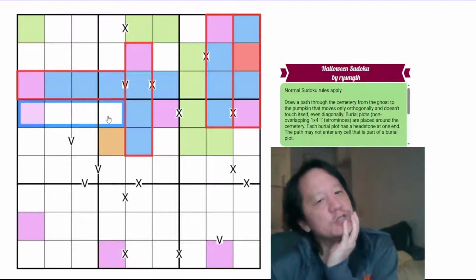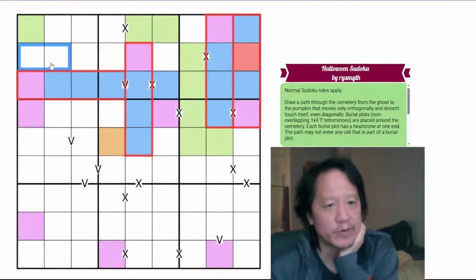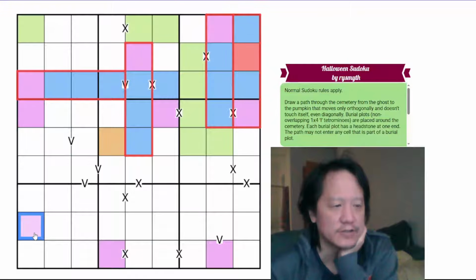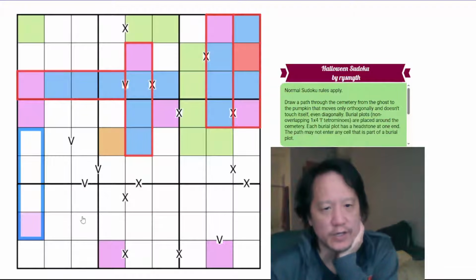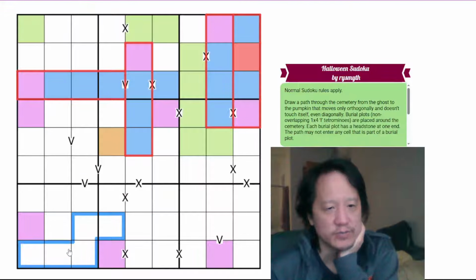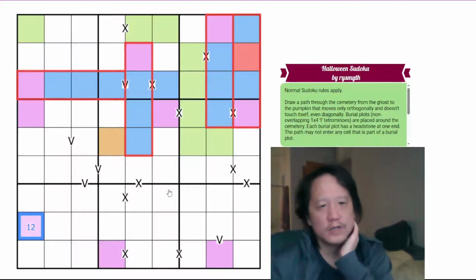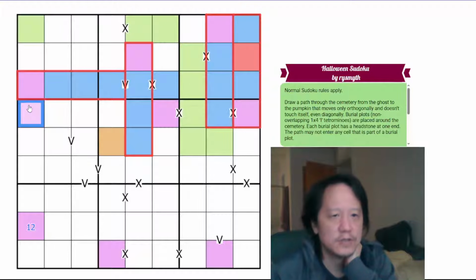If we have this going this way, this is 2 at most. This is 2 at most. So that would take care of 1 and 2. This would have to have at least 3. But the thing is, no matter which way it goes, so say it goes this way, you cannot have the path go like this because it would be considered touching itself. So this would be at most touching 2. And if it goes this way, that's still only touching 2 at most. So this is guaranteed to be 1 or 2. That means, of these,